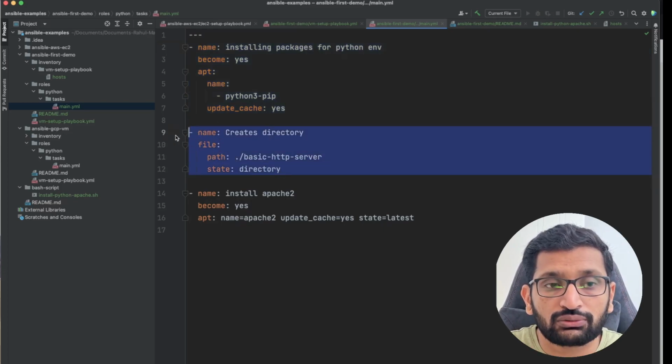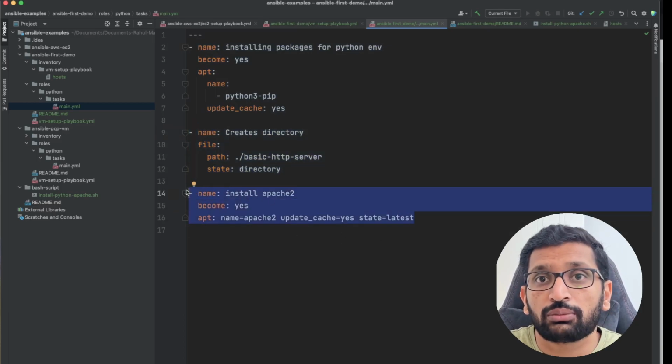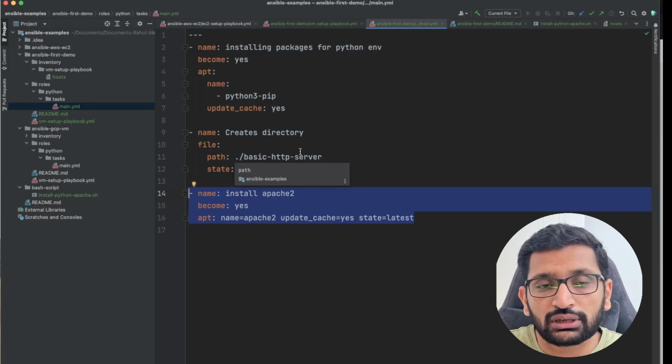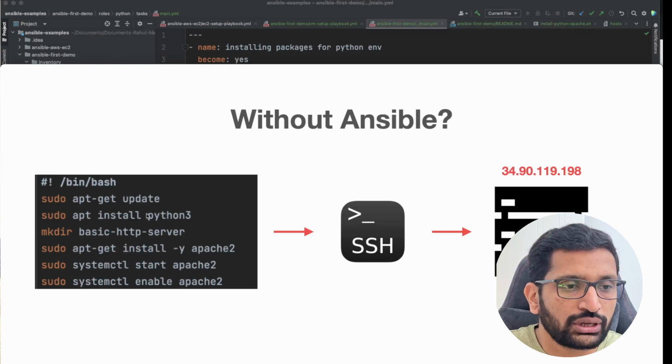Second, this is the task for creating the directory. This is the third task for installing the Apache 2 server. So here you will see the differences. If you go back to our presentation deck where I have shown you, here you will see the